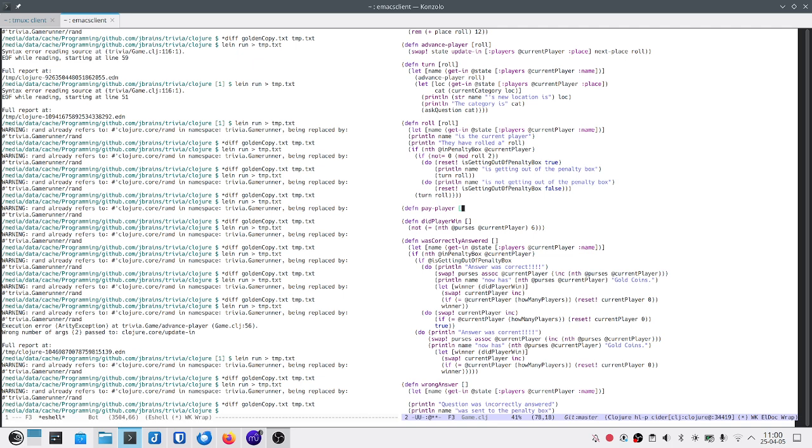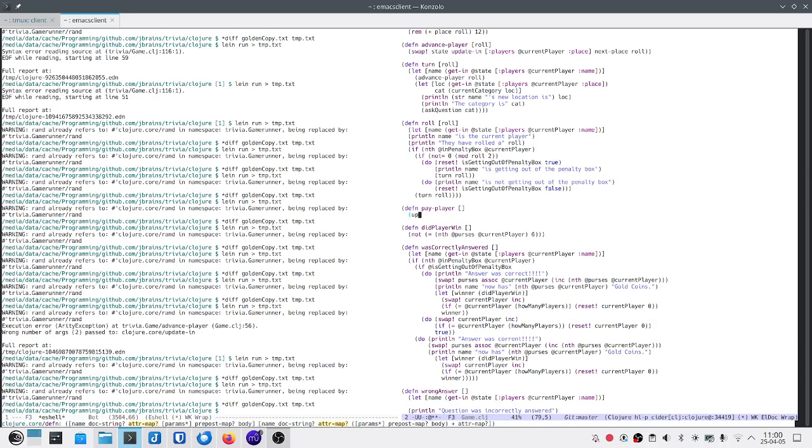And we're going to take nothing as an argument. And all we have to do is a swap on state using update in on players current player purse, and we're just going to increment it, and that's how we're paying the player.